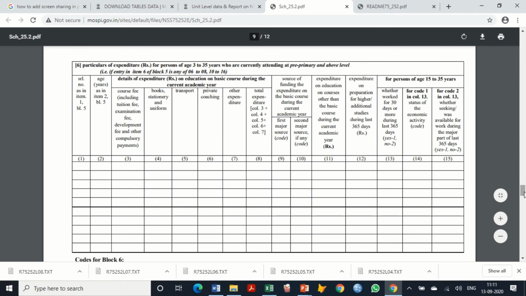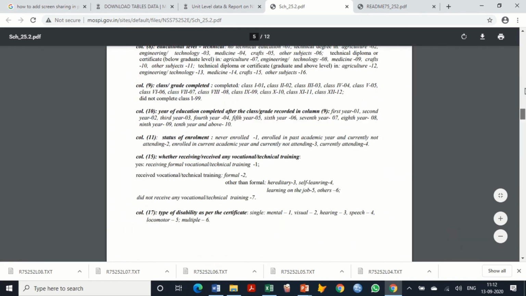If we want to estimate at the state level or at the district level how much is the per capita expenditure on education for the households who have some persons attending an educational institution, then this is the block where we have to concentrate, in addition to the first one.